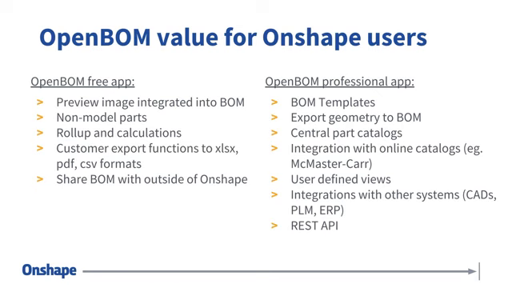We have user-defined views. This one is interesting, and you will see that not everybody in your organization would like to see the same information. Engineers want to see some set of attributes, but suppliers would like to see something else. You want to create a bid between two suppliers, provide them information, and as an organization you want to see both of them, but each supplier will see his own information.